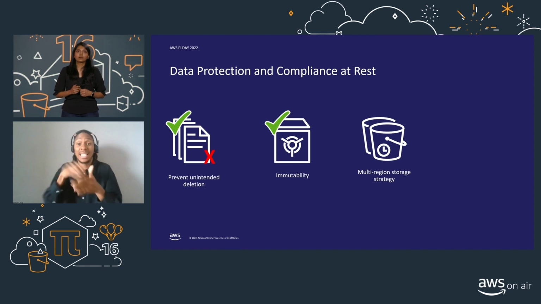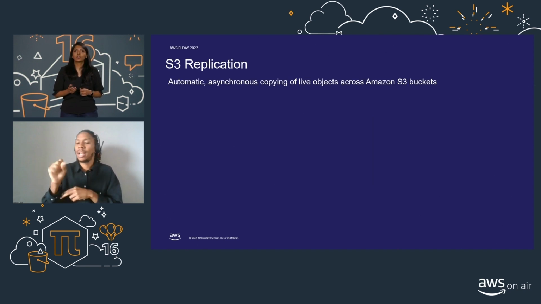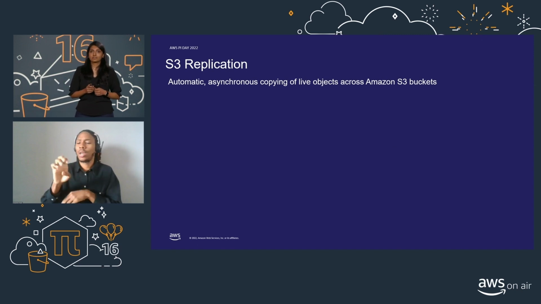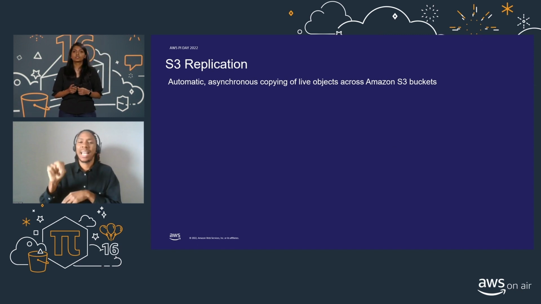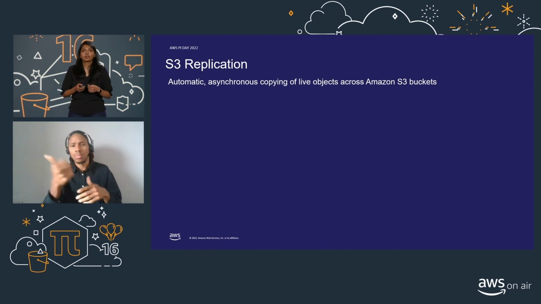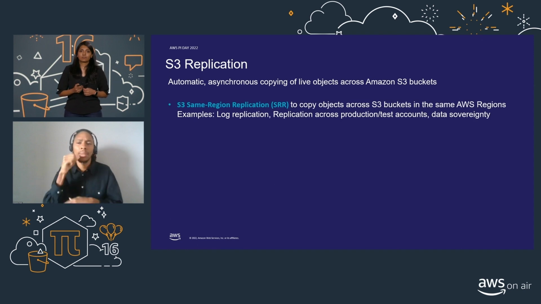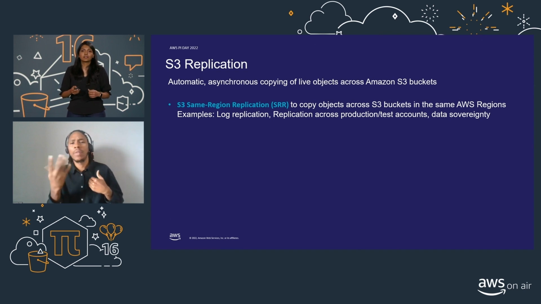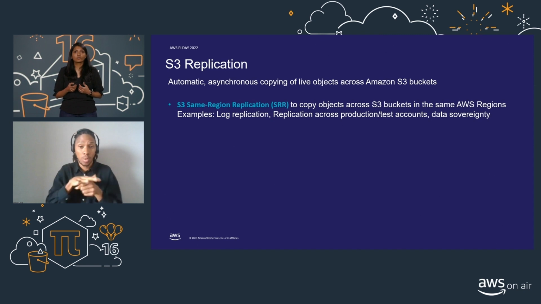To do this, I'm going to talk about a feature in S3 called replication. We have 4 different product offerings in replication, and you can choose to use them individually or you can mix them up based on the requirements of your workload on Amazon S3. The first is same region replication. Customers who want to maintain multiple copies of the same data in different AWS accounts within the same region can use this for differentiated ownership access or for data sovereignty.